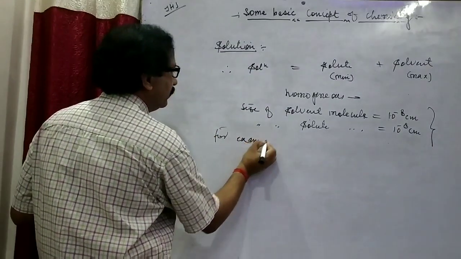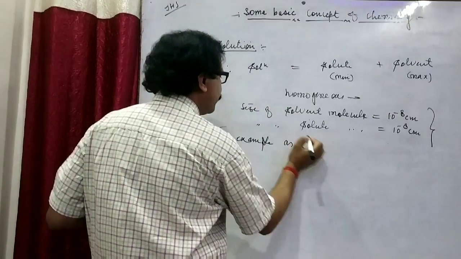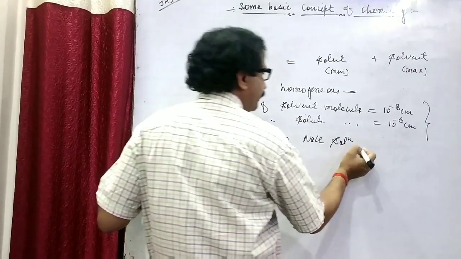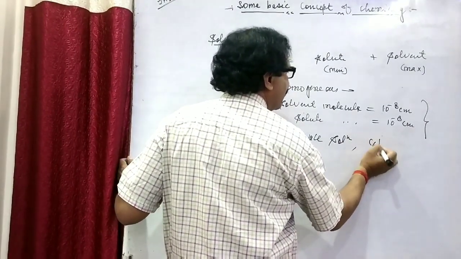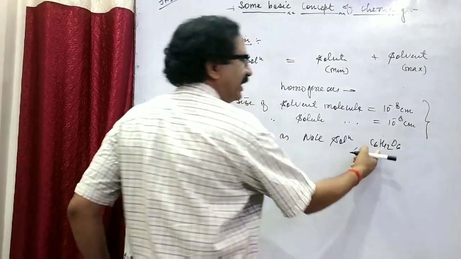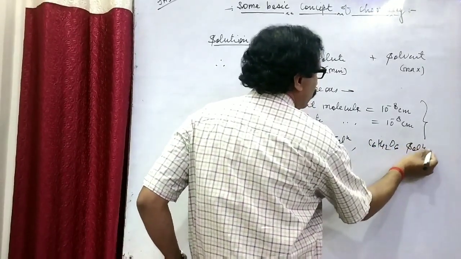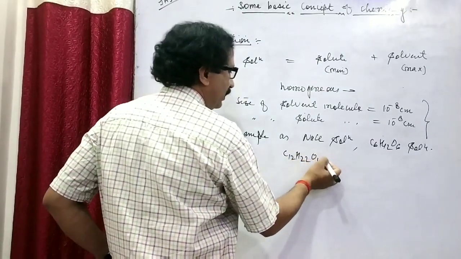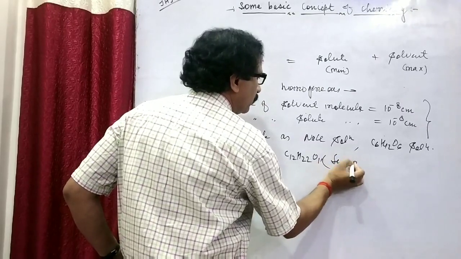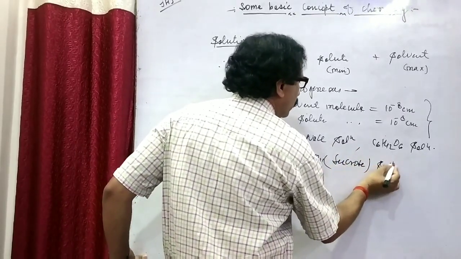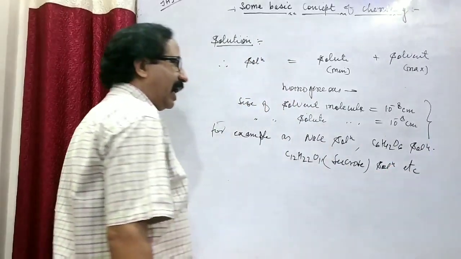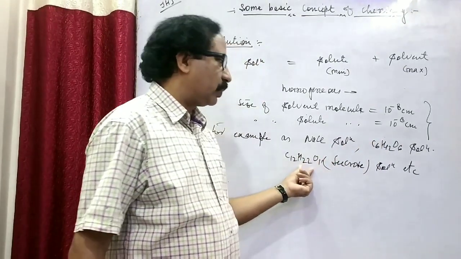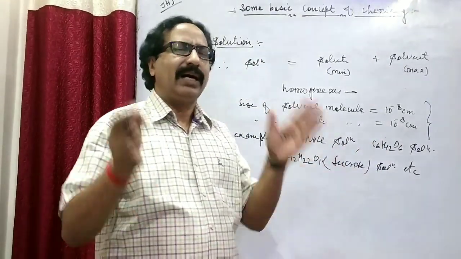For example, NaCl solution, C6H12O6, that is glucose solution, C12H22O11, that is sucrose solution, etc. All these compounds, either NaCl, glucose, sucrose, urea, ferric chloride, and so on,